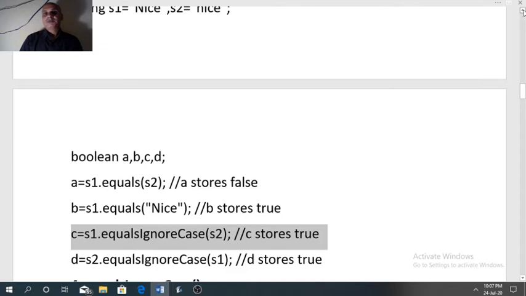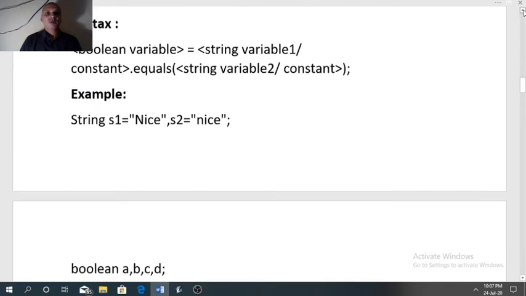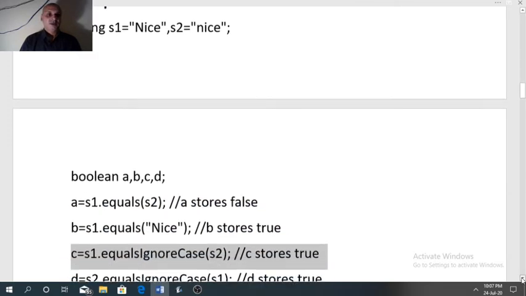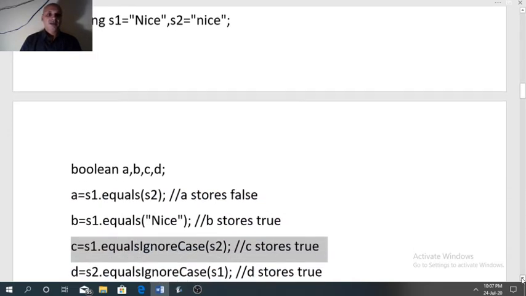See once more. S1 and S2 both are Nice, only the case is different. So in C, the function will ignore the case and C will store true.